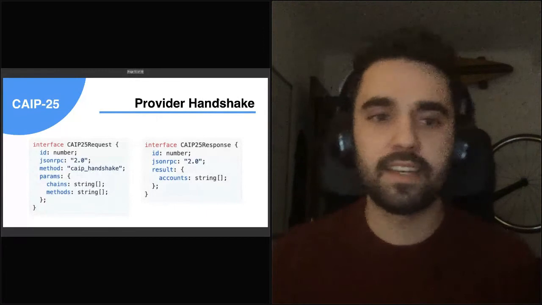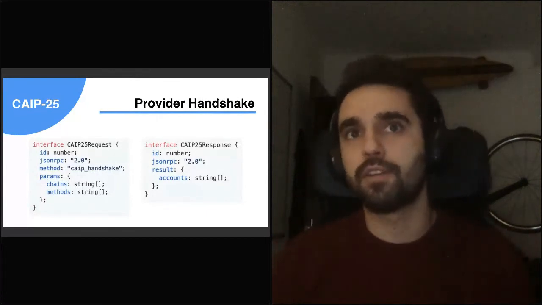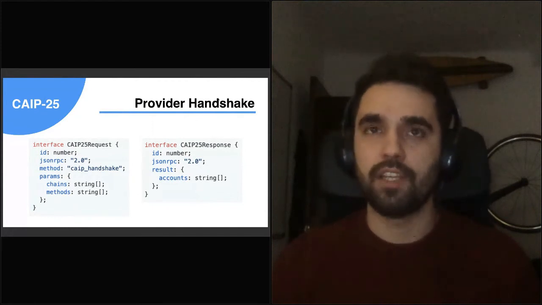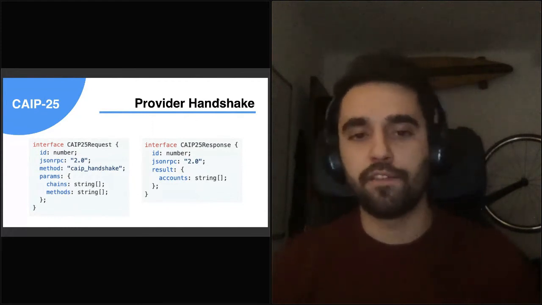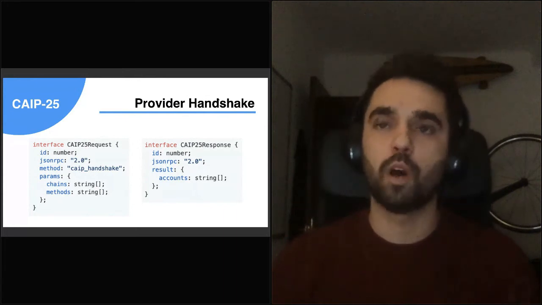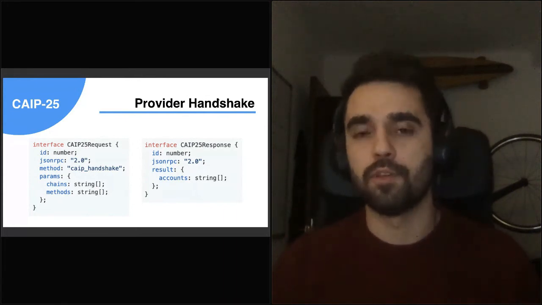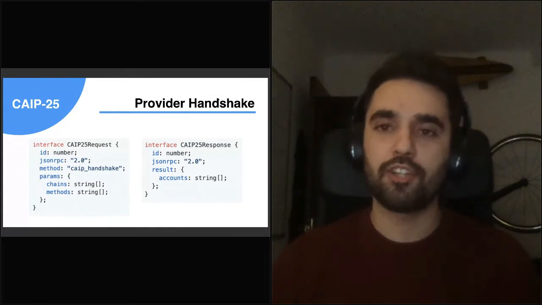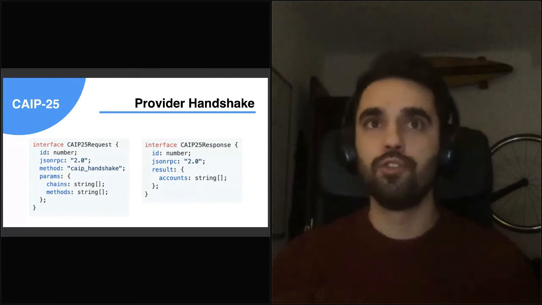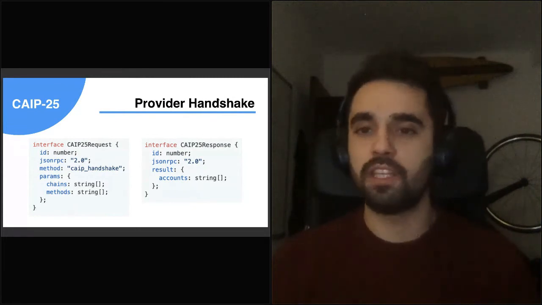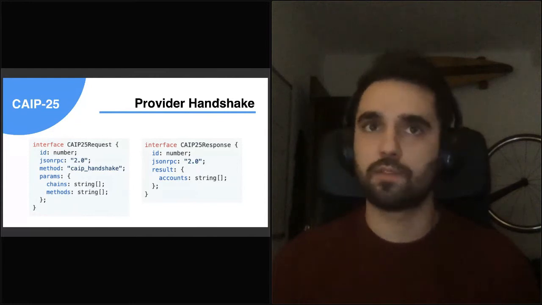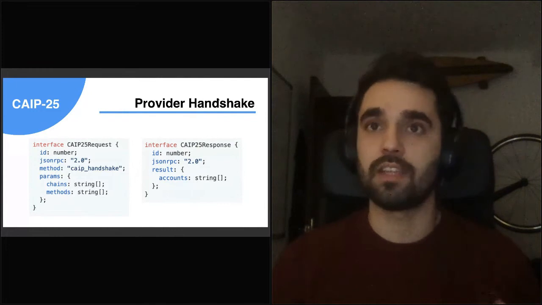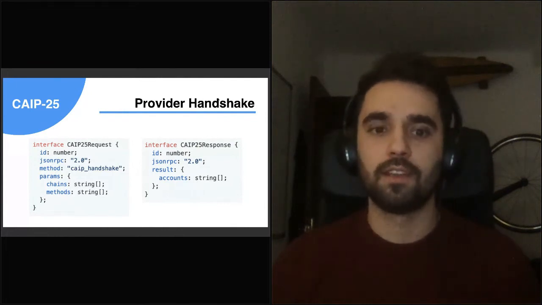On the JSON RPC side, something that was very important was to have the session permissions agreed upon at session initiation. And the first thing that you ask is what chains you would like to connect to from the application standpoint. So you could have, for example, an atomic swap application where you would like to swap between two Cosmos chains. So you would need that connection from the wallet to sign messages from both chains. So you have an array where you list the chain IDs, using the CAIP-2 chain IDs that you want to